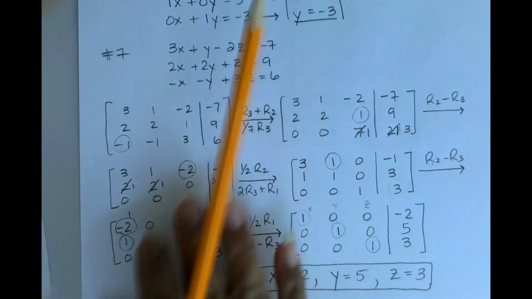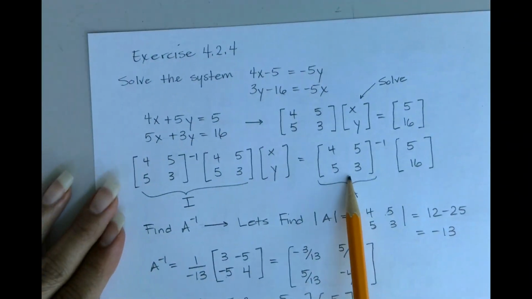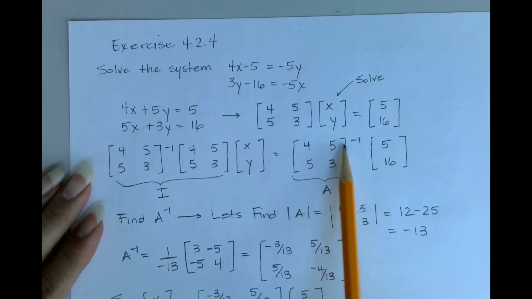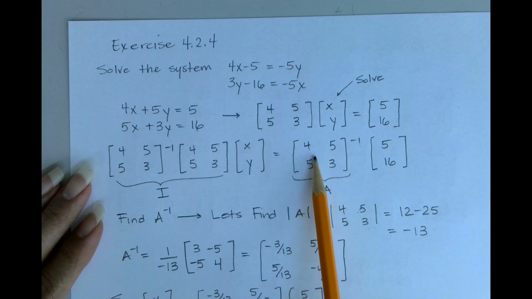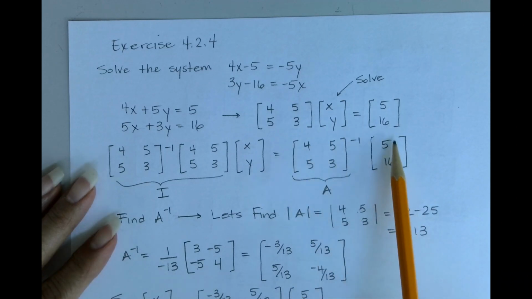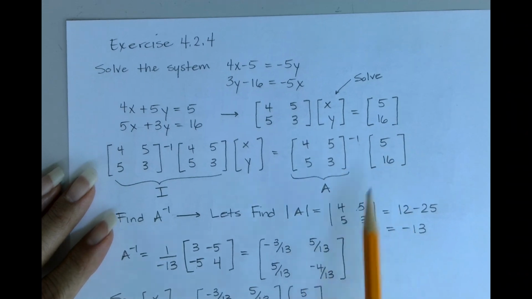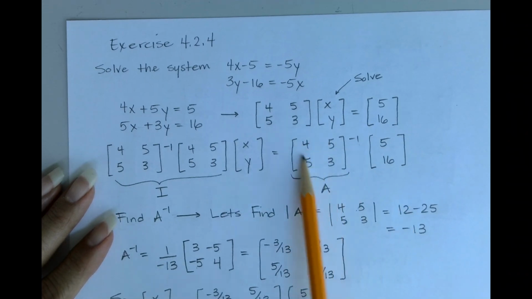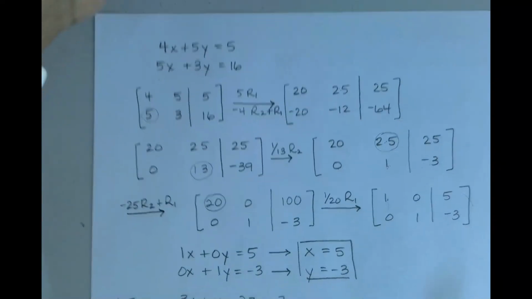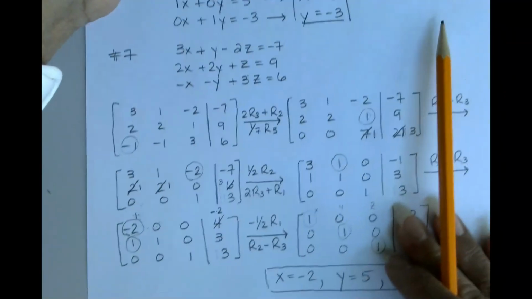In other words, with this method here, we would have arrived to the setup where we had the inverse of the 3 by 3 matrix here times our 3 by 1 matrix here, and finding the inverse of this matrix would have required us to do some augmentation as well. So if we're going to do that, why not just go ahead and set it up in this manner